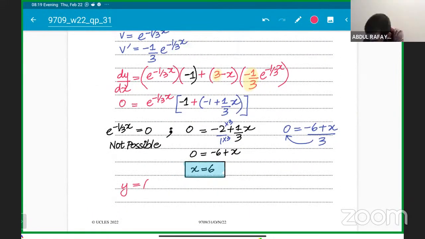So y equals 3 minus x. So 3 minus x will be 3 minus 6, and e power minus 1 over 3 times 6. Just hold on, the azan is going on. Until then, we'll try to simplify and solve. So y equals